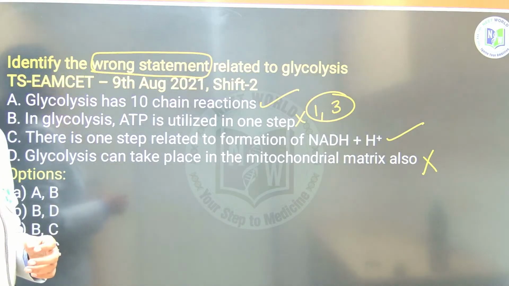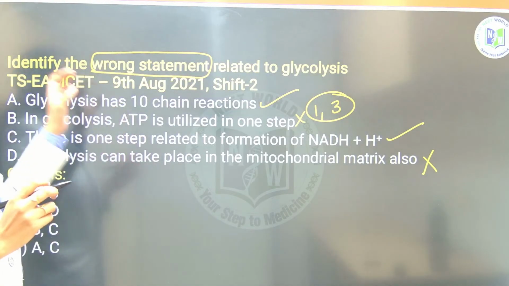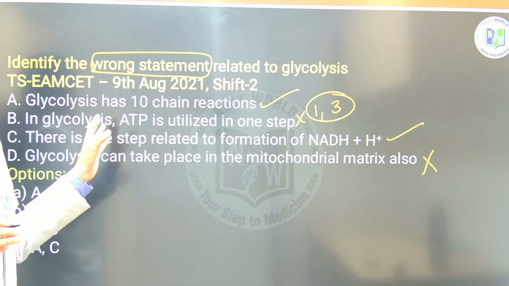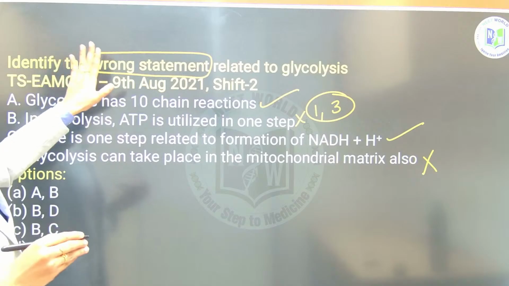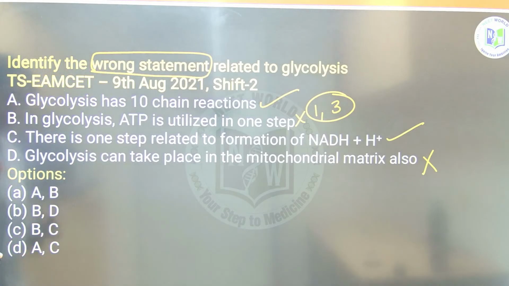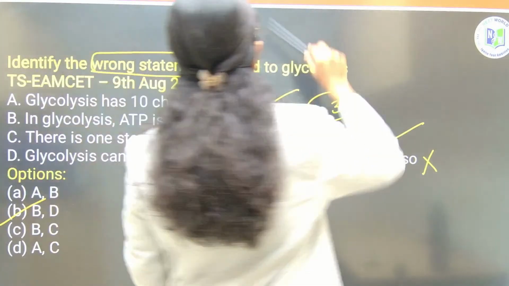Whenever statement based questions are given in your exam, just look at the question carefully, whether he is asking you to identify correct statements or incorrect statements. As he asked for wrong statements here, the wrong statements will be B and D. Option B will be the right answer. Clear, right, ma? And then